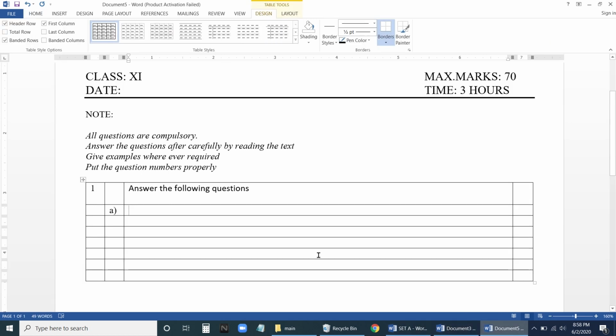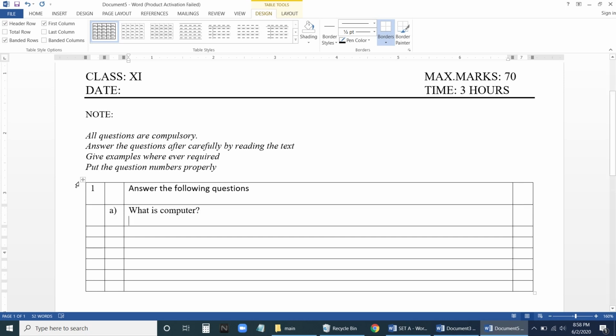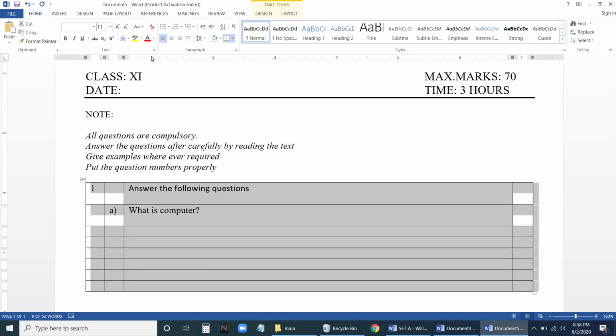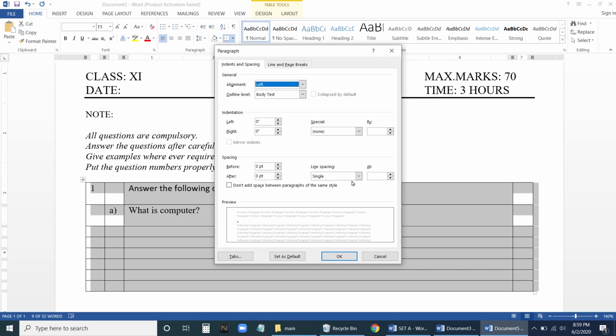Let us write here. What is computer? Fine. I have written. So I'll give one space. Now make sure you click on this particular thing. Select this, go to home, paragraph, make sure the line is single, before spacing 0, after spacing 0.